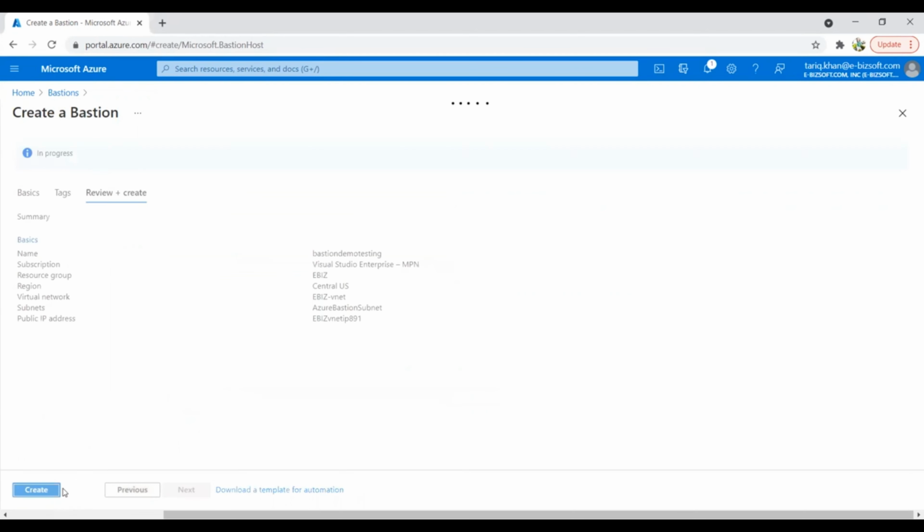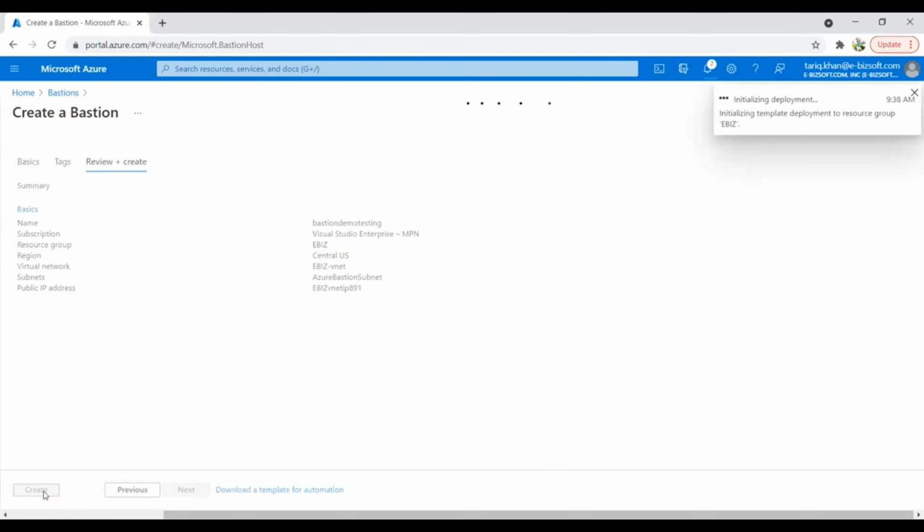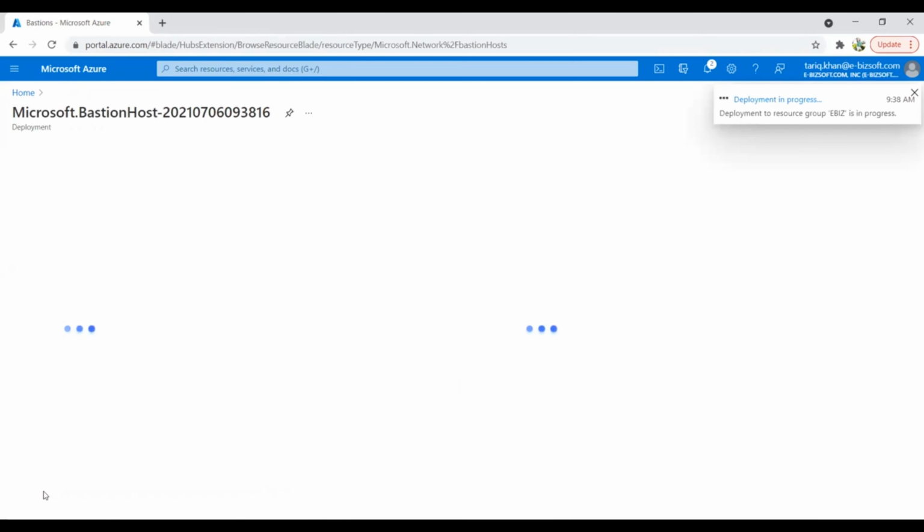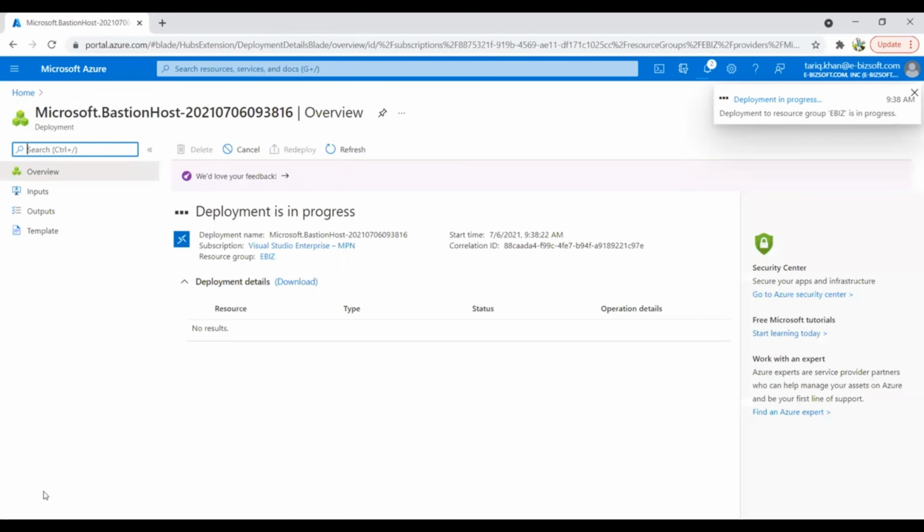And here you can see this process is ongoing with the Azure Bastion. And here you can see validation passed. Just click on create button over here, and within a few seconds this Azure Bastion will be created, and we will be able to use this Bastion service for remote desktop connectivity.